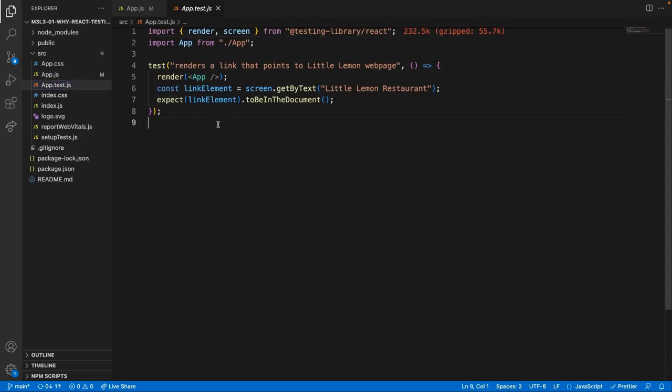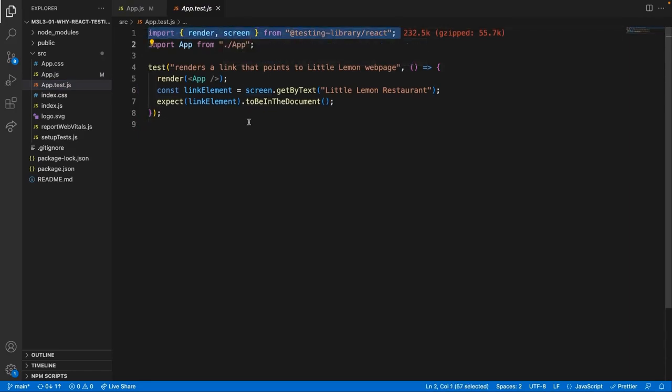Let's go through the test I created to automatically verify that the link is always present. The first thing I need to do is to import both render and screen from the React Testing Library. The render function is used to render the component you would like to test and perform assertions against. Because querying the entire document.body is very common, React Testing Library also exports a screen object, which is a reference to that object and has every query pre-bound to it,